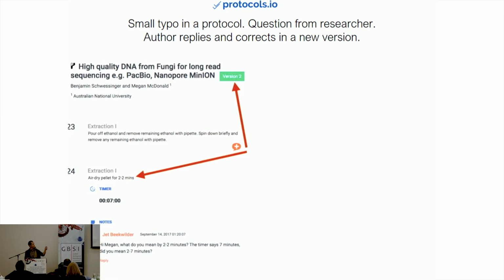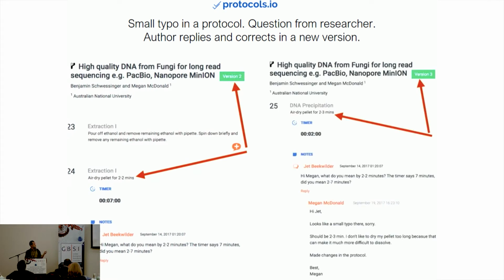Someone using the protocol noticed that in this step 24, there's an instruction to dry the DNA for somewhere between 2 and 2 minutes, and there's a 7-minute timer. So somewhat confusing instruction. The person asked the question, what do you mean? The question instantly goes to the author of the protocol and anybody else who's using it. And then the author responds, creates a new version. So there's now version 3. It's a 2-minute timer. It should have been 2 to 3 minutes, not 2 to 2 minutes,